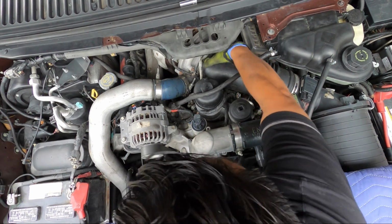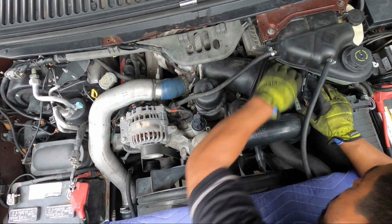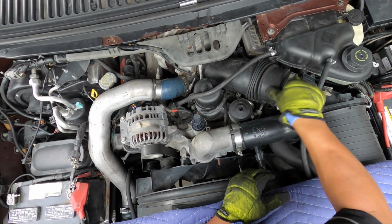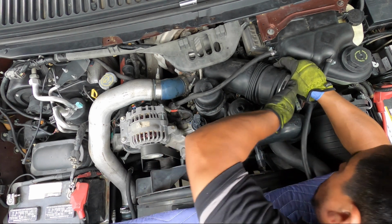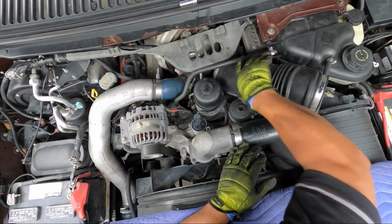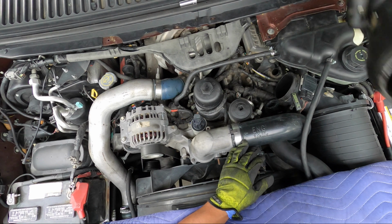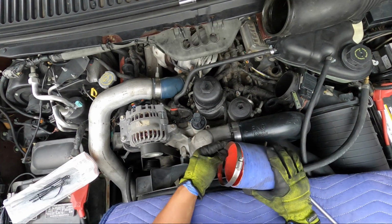so I'm gonna show you in a minute what I'm gonna do. I'm just gonna remove this hose right here out of the way, because I'm gonna install one of my hoses that I made, because I watched another video, like everyone here, on how to detect any leaks. This is the way I fixed the code. This one wasn't my case. Look,